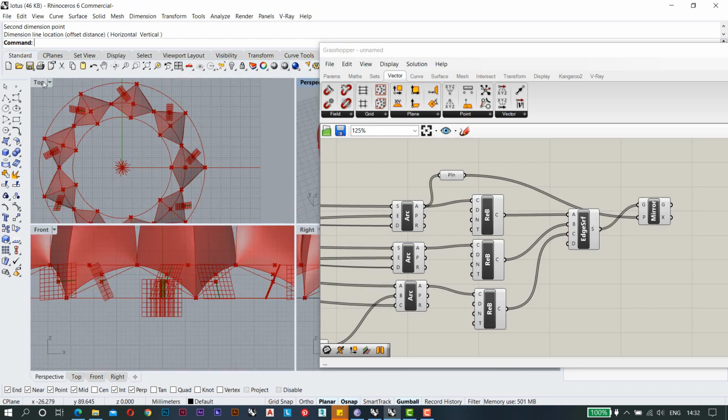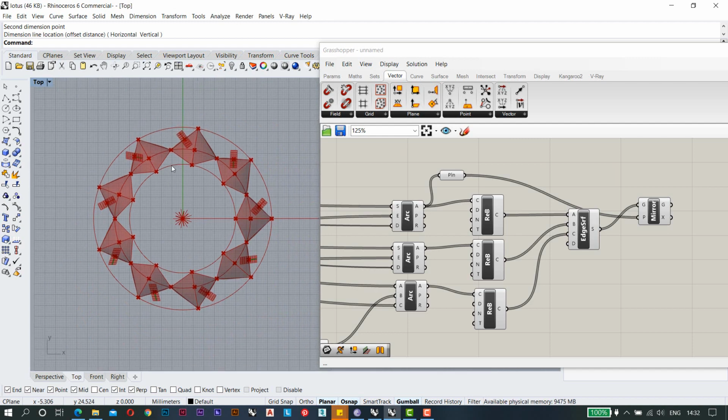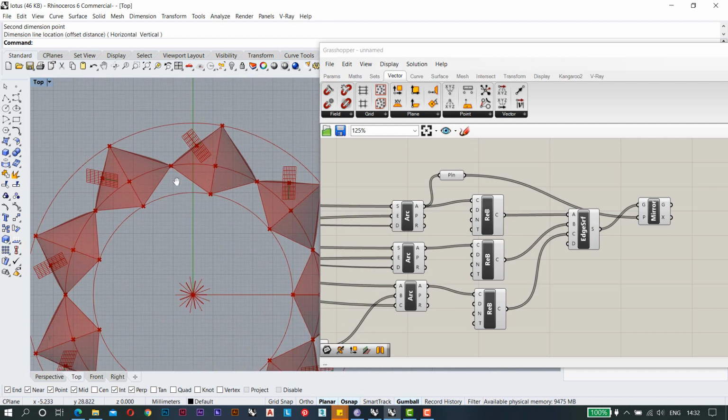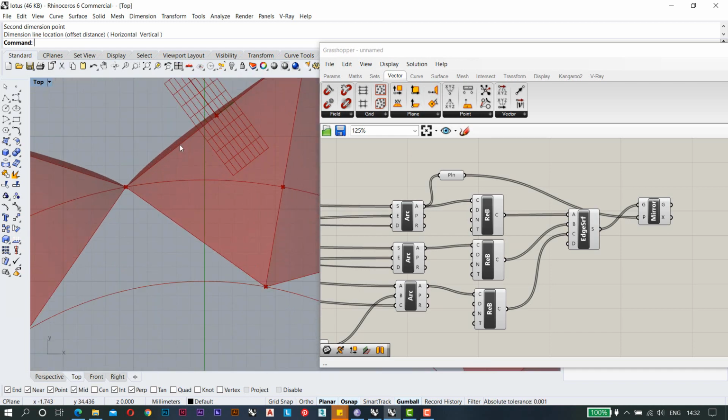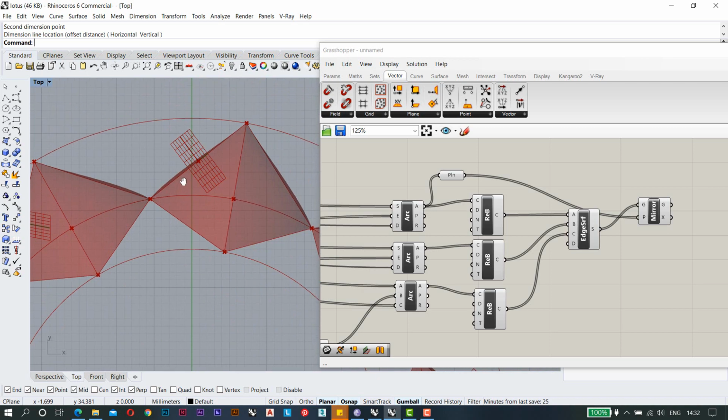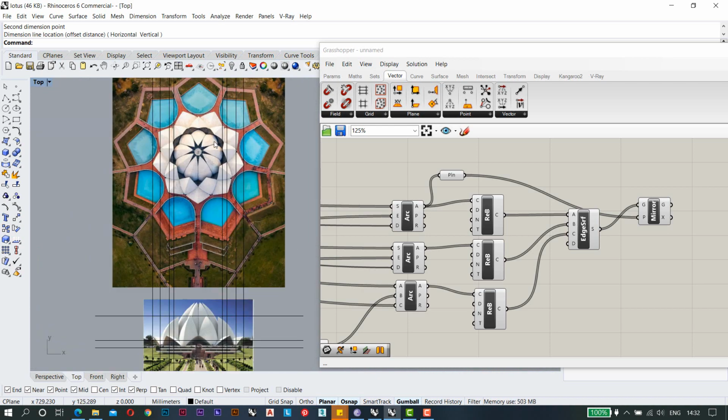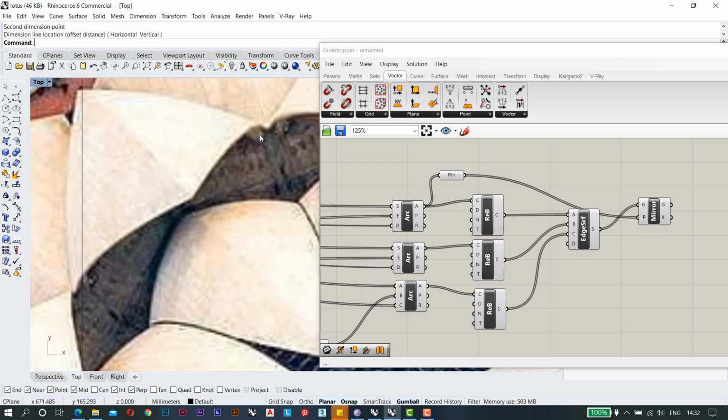This is how it is. You can see it here. So it is going to be like this. But this is simple, like if you see these lines, they are totally straight. Now what happens with that straightness is that if you see the top plan of it, it is not exactly straight.